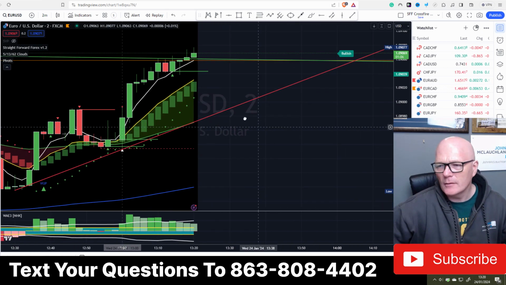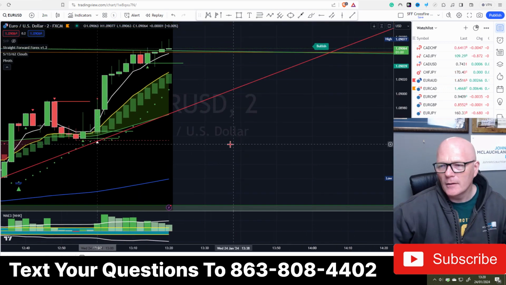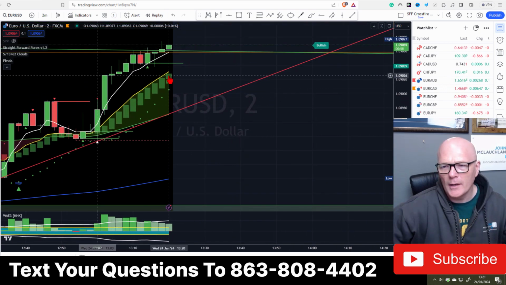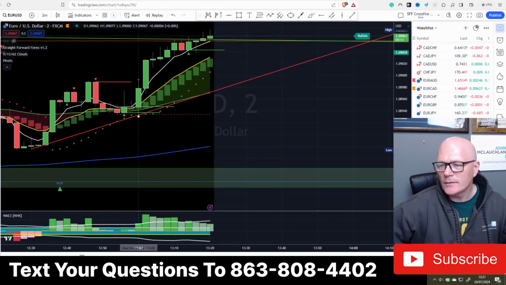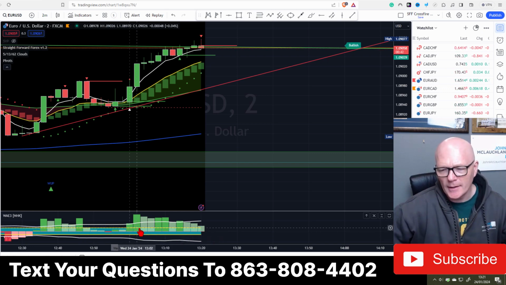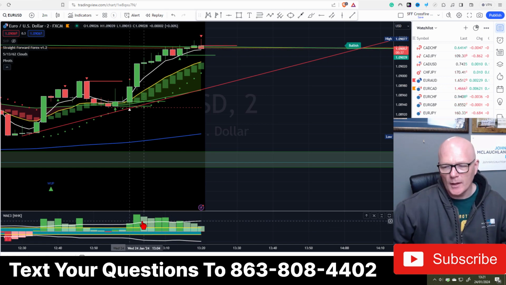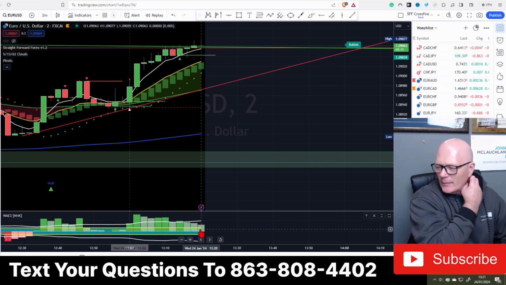If we look at the other considerations, we are in a wave up. The PSAR is green. Obviously the wave is fairly consistent. The Waddah Attar, what's that telling us? It's telling us don't get too excited, because look, the histogram is low. There's not a lot of volume in there. Ideally what I like to see is moves like this where the histogram is above this explosion line. The explosion line is moving away from the dead zone, but right now it's telling me there's not a huge amount of volume, and also